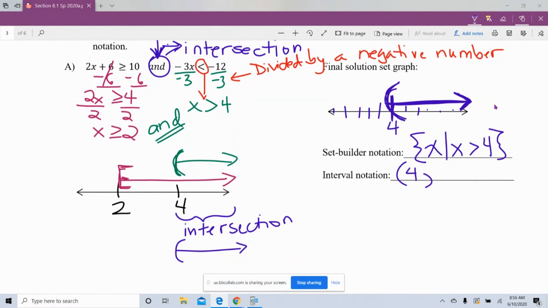And so how do I represent that? Well, I use the positive infinity symbol. So I'm going to use positive infinity here. And we always use parentheses with either positive infinity or negative infinity. That is that notation. Okay, so as much as I want to continue, I'm going to stop here,